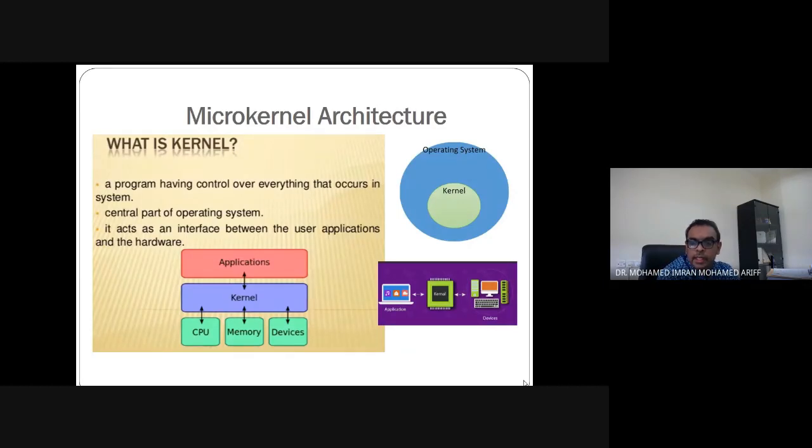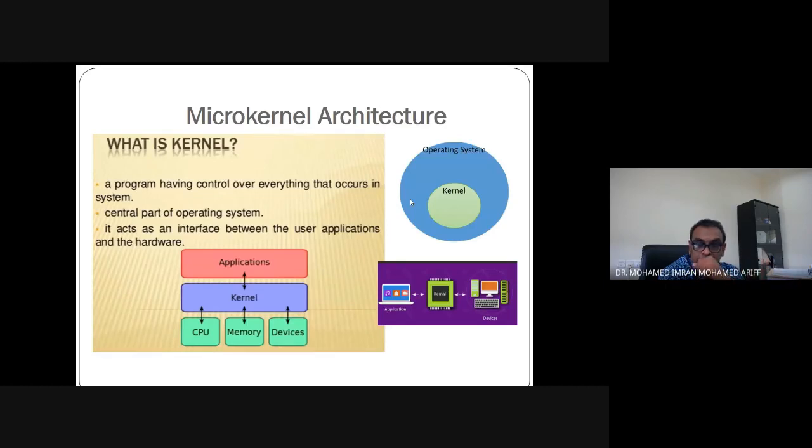What is a kernel? A kernel is a central unit inside the operating system. This green circle over here, this is the kernel. So where does the kernel sit? The kernel sits inside the operating system. Kiranya you can say the kernel is the heart of the operating system lah. Without the kernel, the operating system would not function. So that's the basic idea.